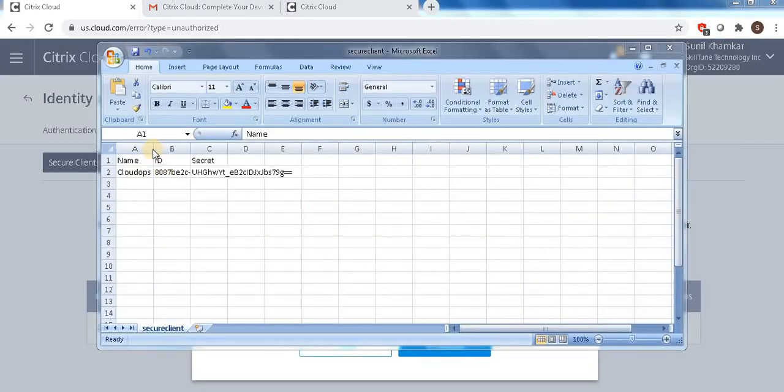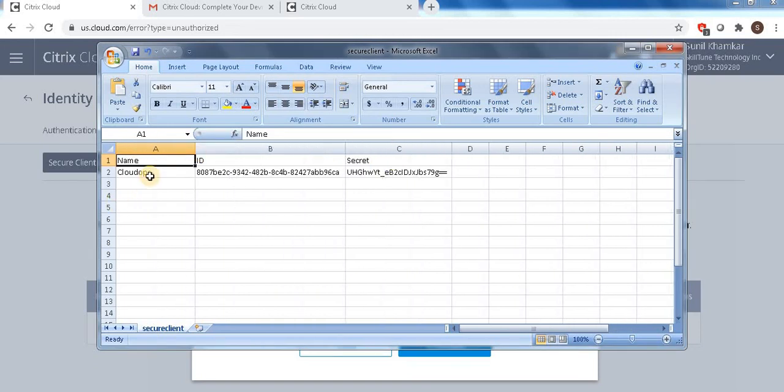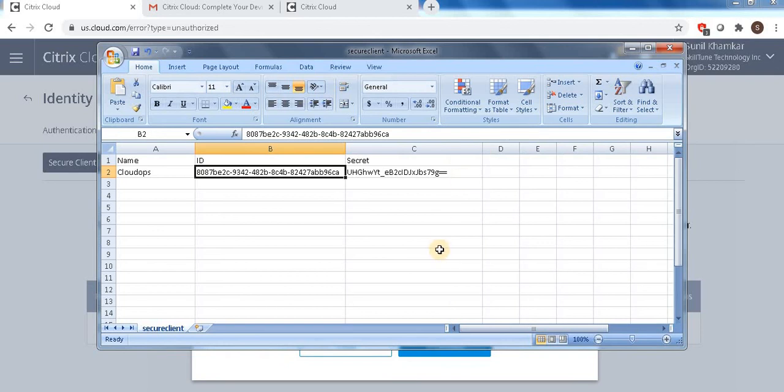Here you can see this is my API access name, this is my ID, and this is my secret access key. If you are using any SDK or any scripting for Citrix Cloud, you need to have this. So this is how we can create secure ID API access. Now let's move ahead.